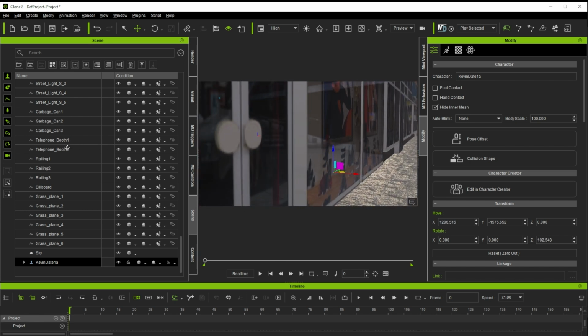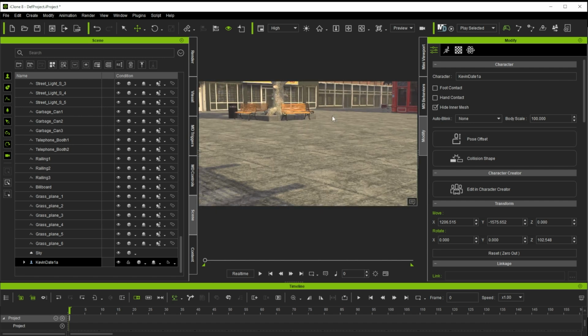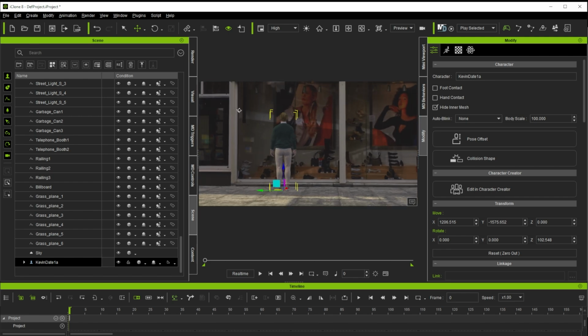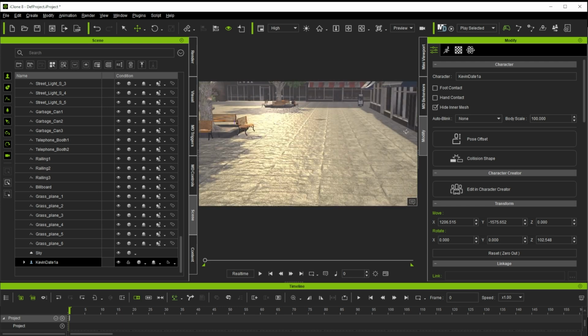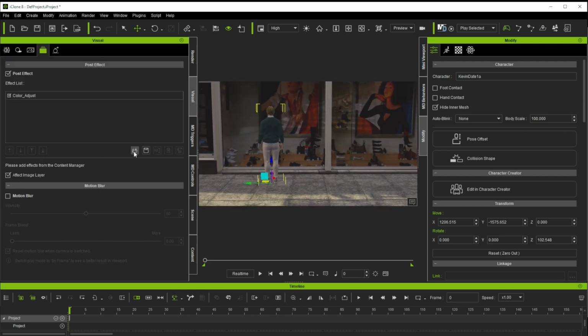Okay, so there's a problem here. It's reflecting, but it's reflecting the image-based lighting, which is not part of this scene. So it's reflecting something that isn't here. Now, what do I mean by image-based lighting? So if we go to the Visual tab,